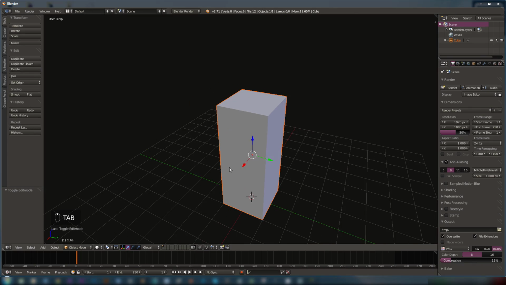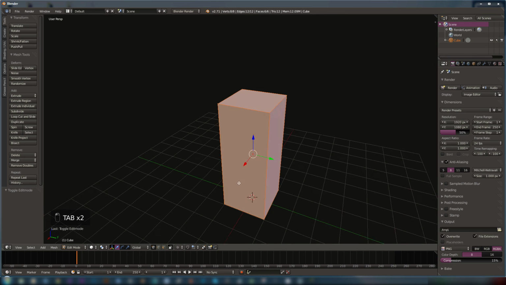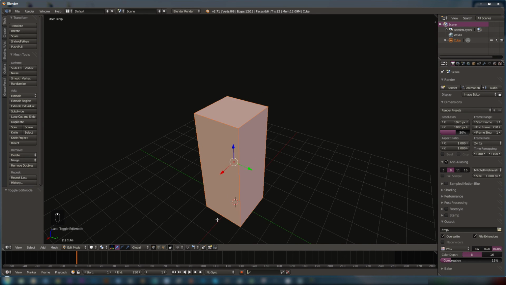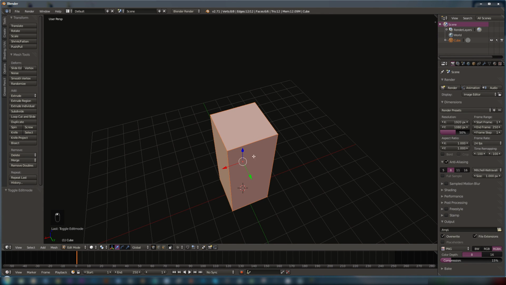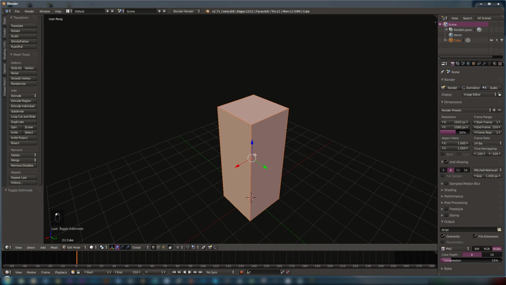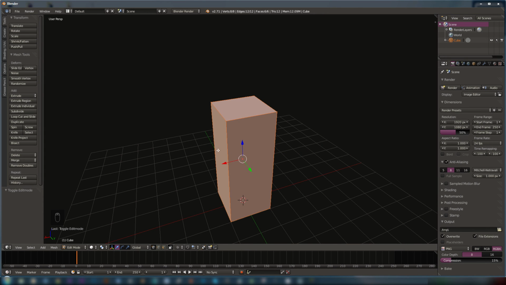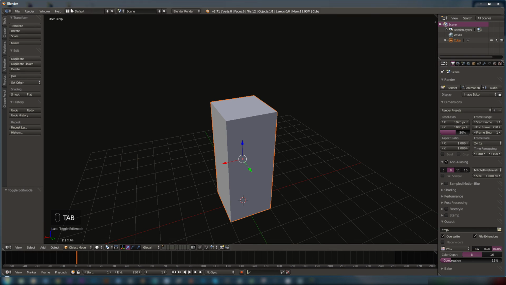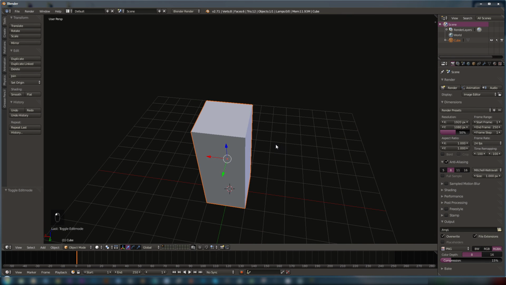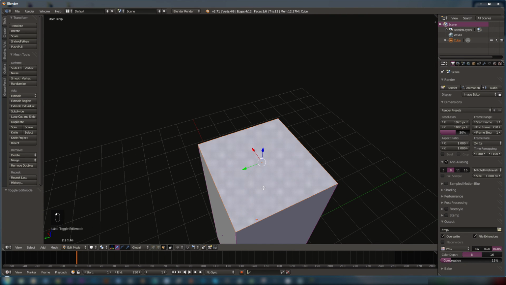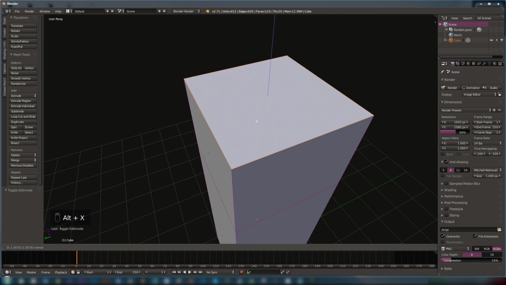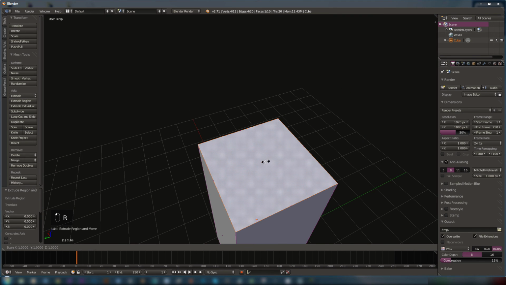Okay. So what we're going to do is press Tab to enter the edit mode for this object. Now I just want a simple cube, but I still want a little bit of variety rather than just a plain cube. If you want a plain cube, you can just leave this here and wait for me to catch up to you. Anyway, what I'm going to do is go to the faces, press Alt X, right click to let go, press R, scale it down. Then press Control R,